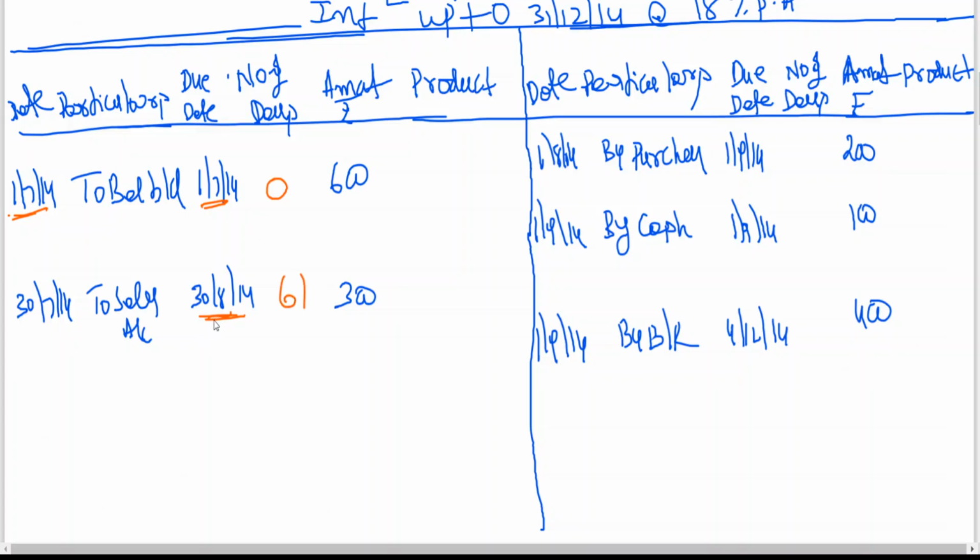I repeat once again, from this date to 1st July. July has 31 days, plus 30, 61 days. Simple. Here the product will be 0. 61 into 300 gives 18,300. Completed. Now practice the number of days from 1st September to 1st July. How do we calculate that, my dear friends? Let us start from 1st July. July, how many days? 31.